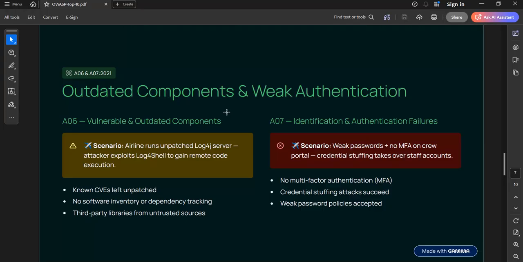So today we're finishing the rest, diving into the ones that often hide deep inside real-world systems. From outdated components to weak authentication and poor logging, you name it, right? We'll see how these flaws can quietly open doors for attackers. So let's get going and wrap up the OWASP top 10 with real examples and lessons you can actually apply